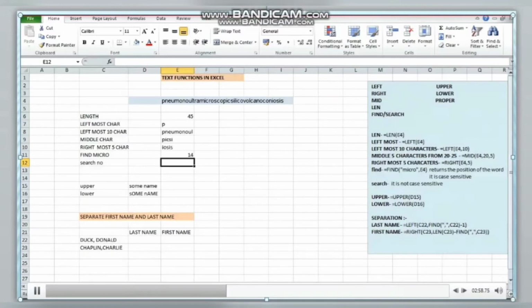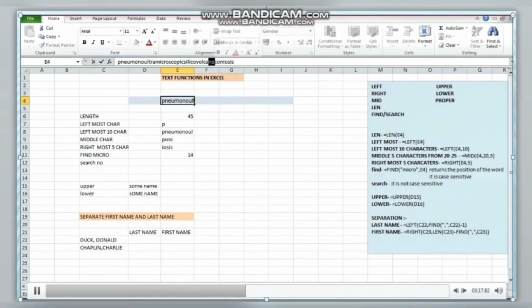Now next is the search function. Search and find are very similar except for the fact that search is not case sensitive, and here we have to search for no. Now in this string there are two instances of no. The first one is this and the second one is here. So which position will this search return?